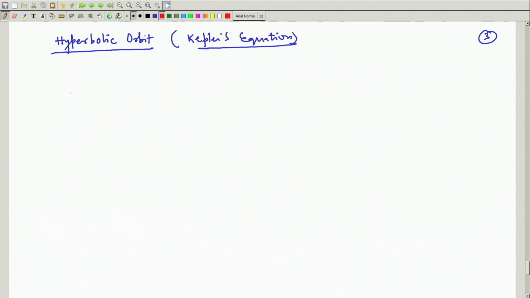So, for the case of hyperbola, we have d theta, this quantity will be